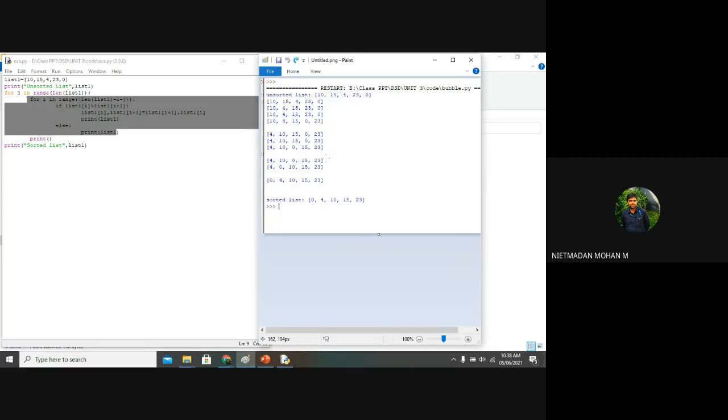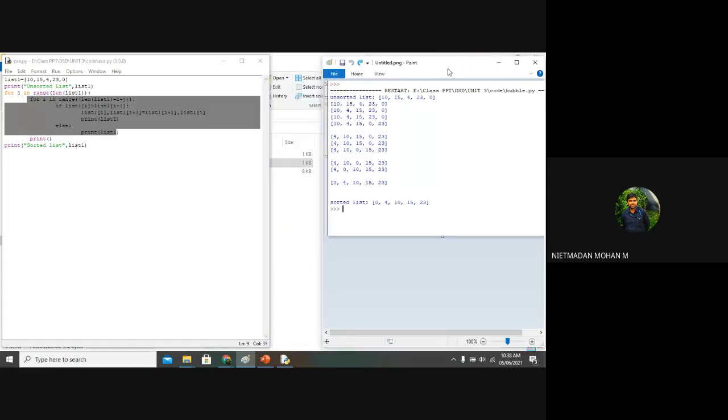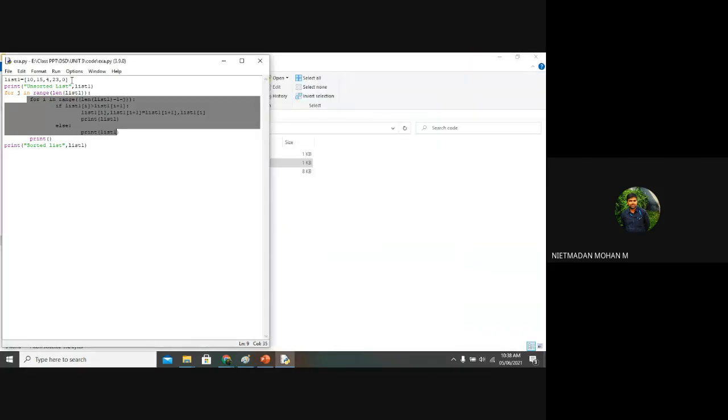First you want to know how the output will occur, and based upon the output you write the program. You just imagine how the output will be, and based upon that you write the program. So this is the sorting method where in the program itself you have created a list and inserted the elements. If suppose you want to get an input from the user, what do you do?